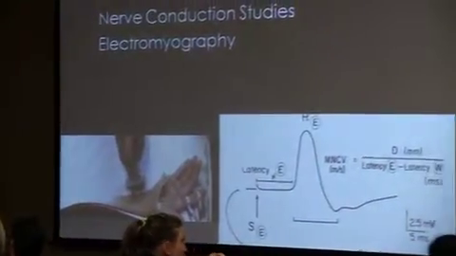Sometimes the sensory fibers are the only ones affected. That's really early on in things, and that can guide your treatment options. Later on, you'll start seeing the motor involvement too. So it really lets us better characterize the injury that's happening to the nerve. This is just a representation of one of the waves that we see with those studies. The electromyography portion is then a pin or needle portion where we put a little pin